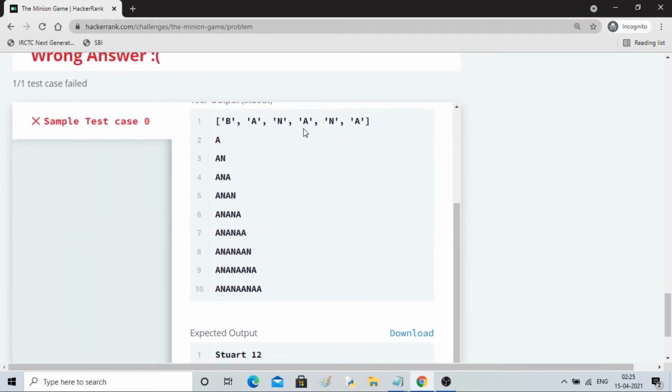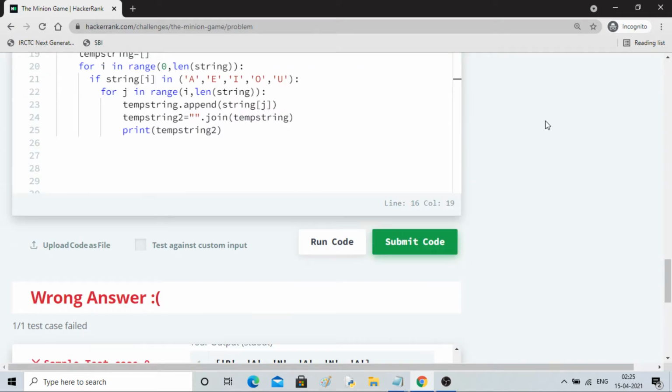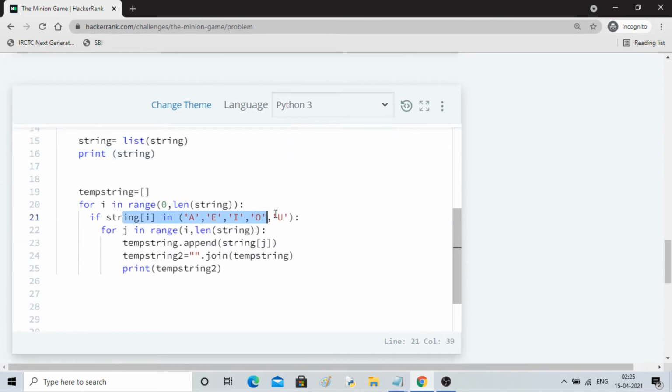You can see here it is not starting from B, because B is not a vowel. So it is checking this condition. String i is first going for B. It checked B. B is not among A, E, I, O, U, so it skipped.